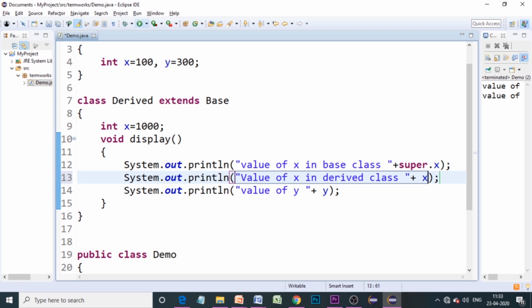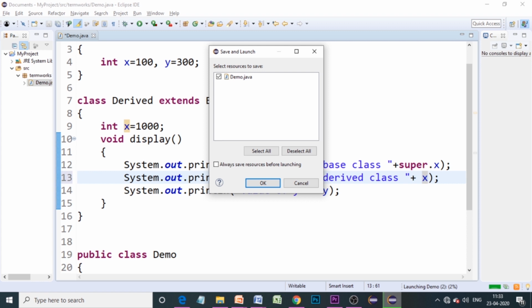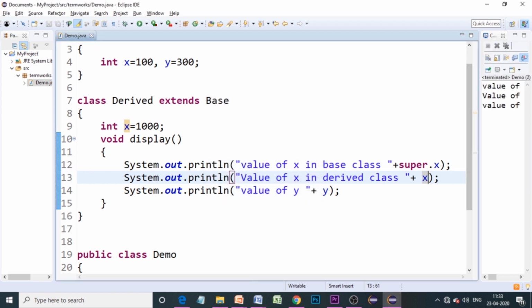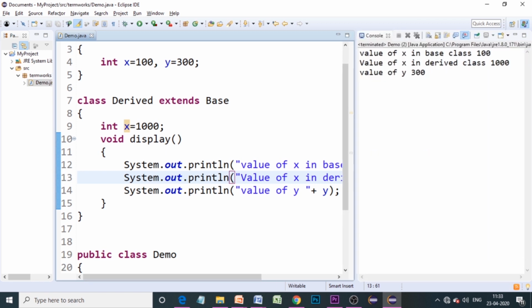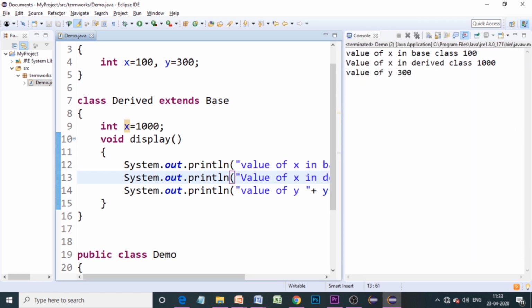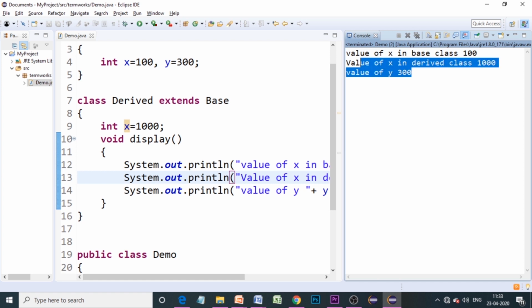So run this code. Now we have to get three lines of output. The first one is value of x in base class is 100, value of x in derived is 1000, and value of y is 300.